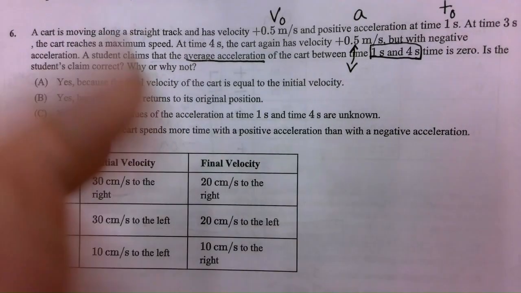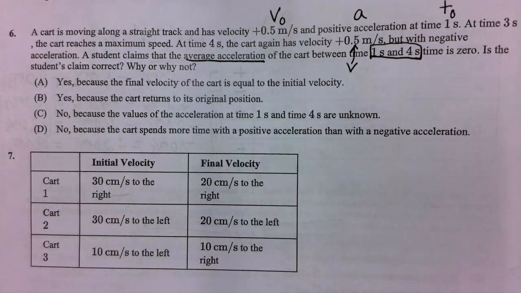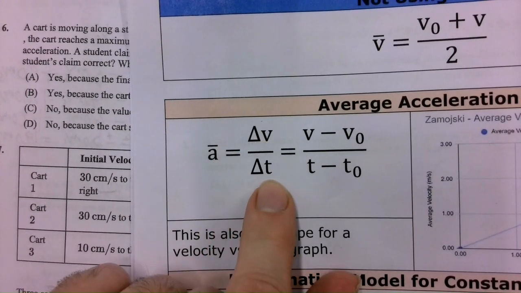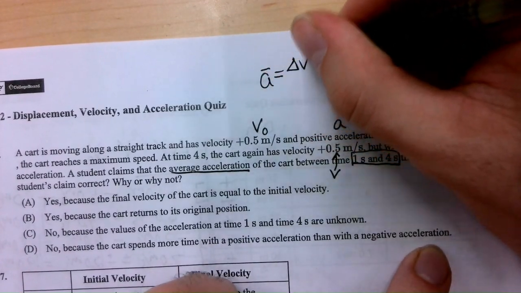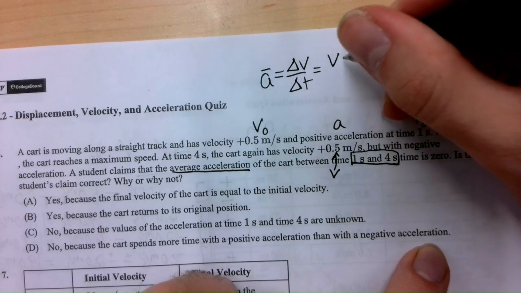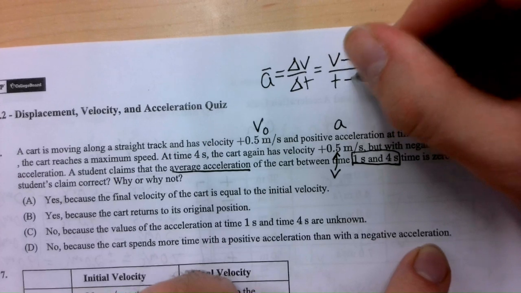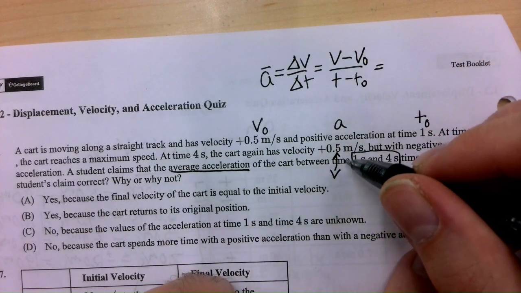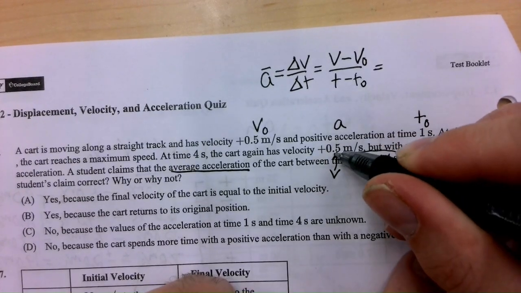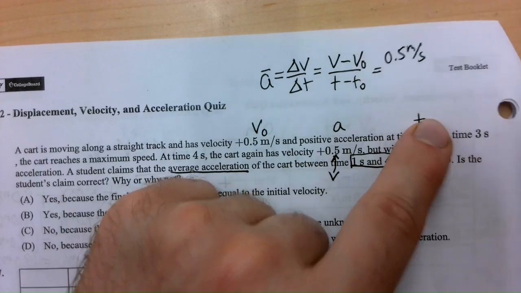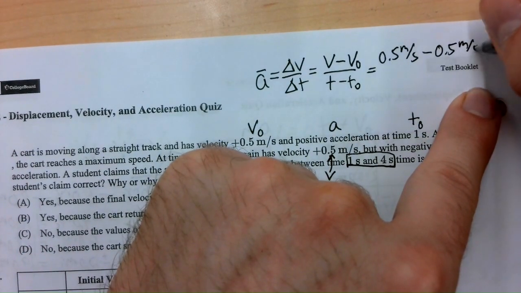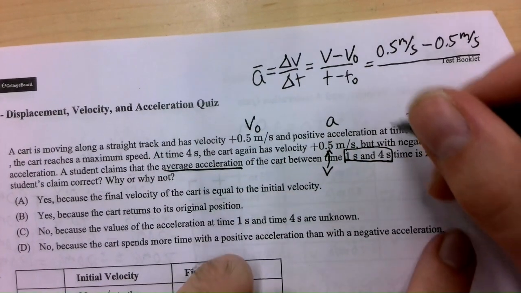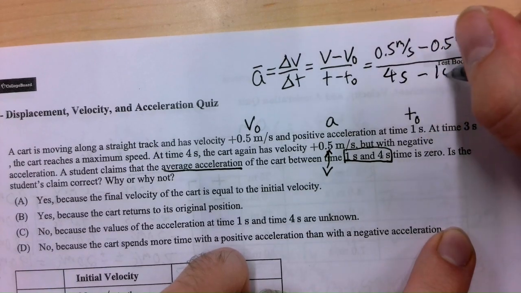This question is a very complicated way of asking what's the average acceleration, and that's a calculation using this relationship. Average acceleration is the change in velocity over the change in time. And so if we use that equation, our final velocity at the end of this time interval, which is 4 seconds, is positive 0.5 meters per second. Our velocity at the beginning of this time interval, which is 1 second, is positive 0.5 meters per second, and then our time interval is our final time is 4, our initial time is 1, although the time interval actually isn't going to matter